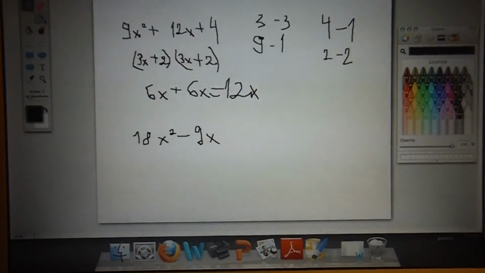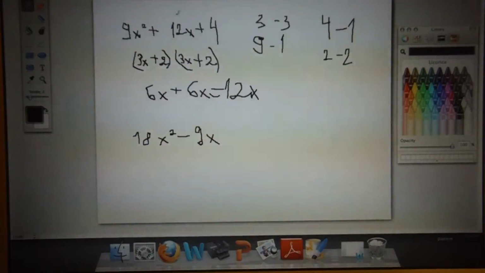Well, you know, just because it's not 3 numbers doesn't mean you can't factor it. Factoring doesn't have to be like that necessarily. Just by dividing it by the common denominator, it's still factoring. So what do 18x squared and 9x have in common? Huh? That's right,